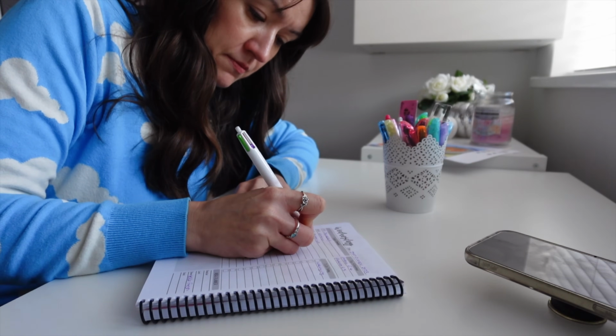And on a Sunday, sometimes a Saturday, but generally a Sunday, I will look at the week ahead at a glance, do my meal planning, and then prioritise my list for the week and pick out my most important tasks I'm going to do each day. And then each day I list out my top priorities again. I've got my to-do list. I've got the meal that we're doing for that day, 30-minute slots for planning out the day, my gratitude list,